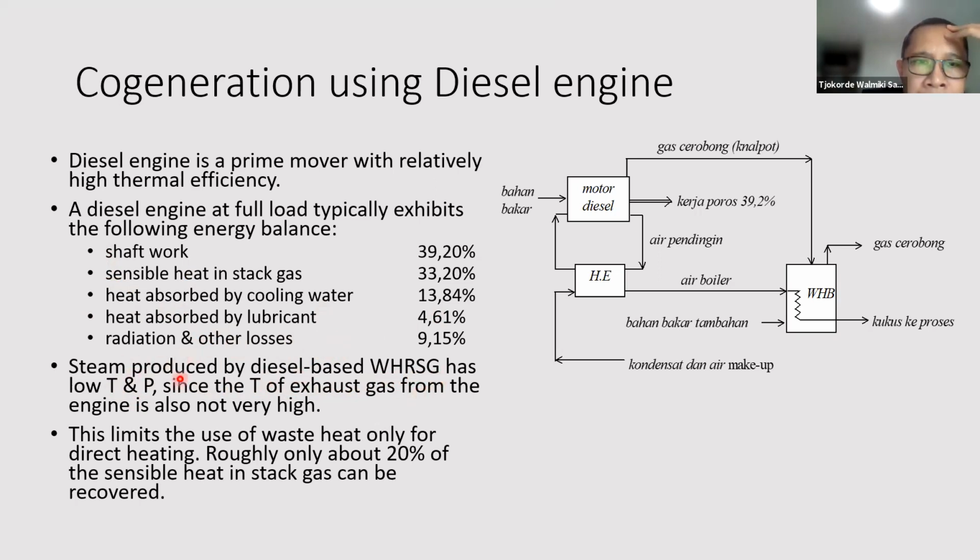Now, the steam produced by this system has low temperature and pressure, and this is dictated by the temperature of the exhaust gas from the diesel engine, which is also not very high. Certainly, it is much cooler than the exhaust from a gas turbine. So this limits the use of waste heat only for direct heating. So the heat contained by the